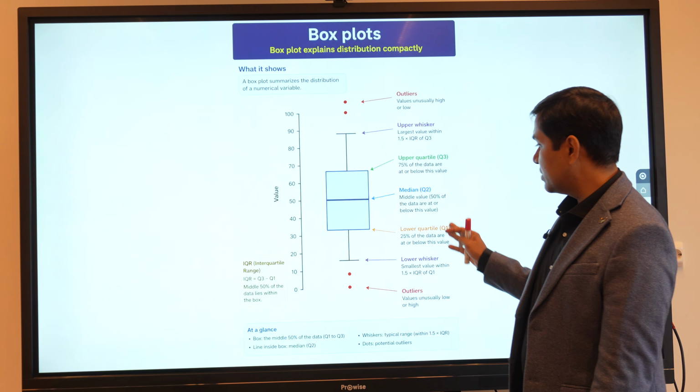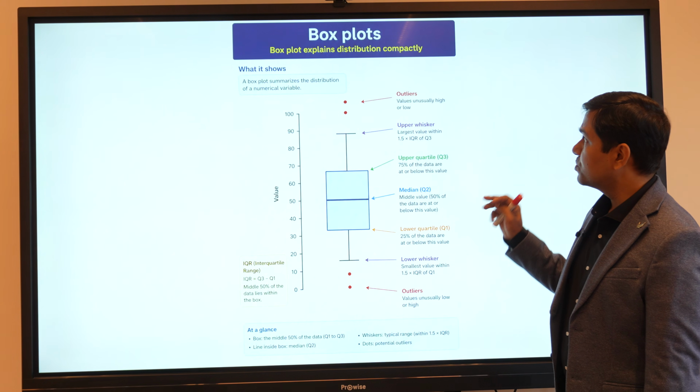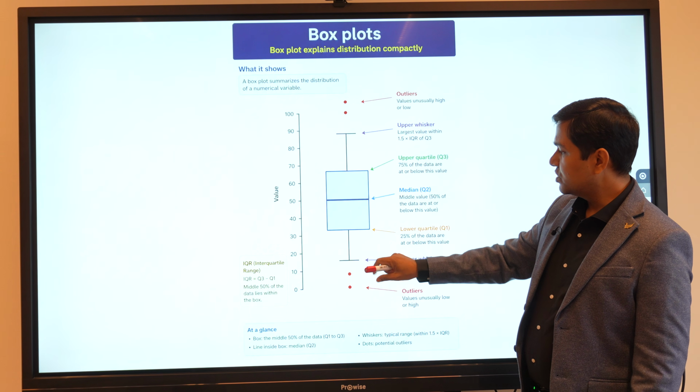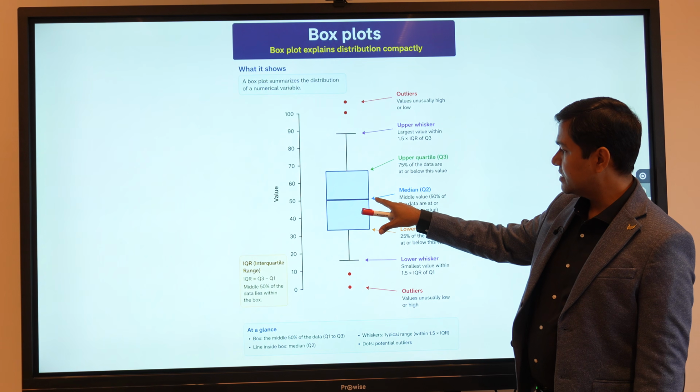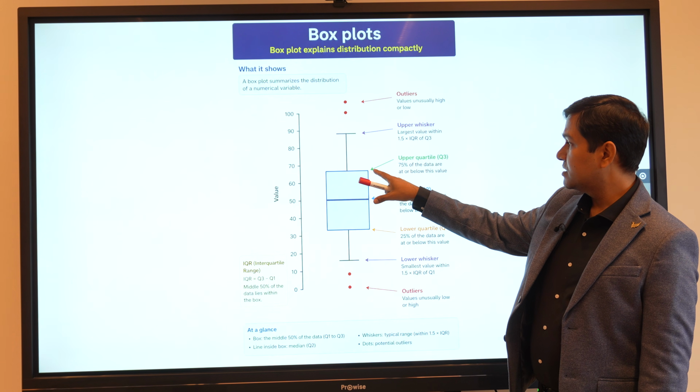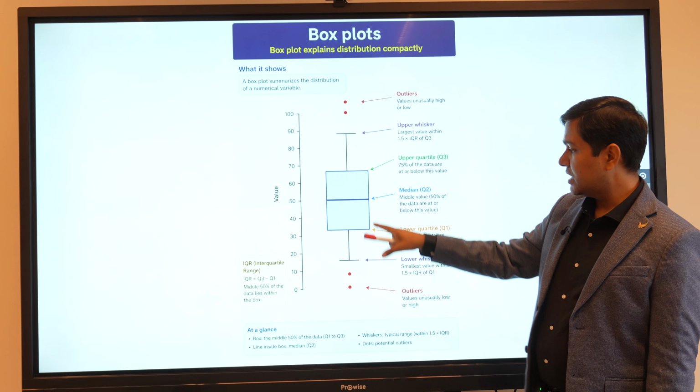So let's take one example. So this is a box plot, how it looks. So this is called a box plot. The median is here, which is the 50th percentile, and this is the Q3, the 75th percentile, and this